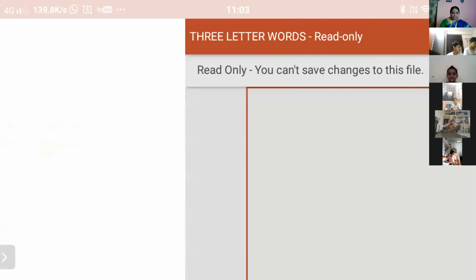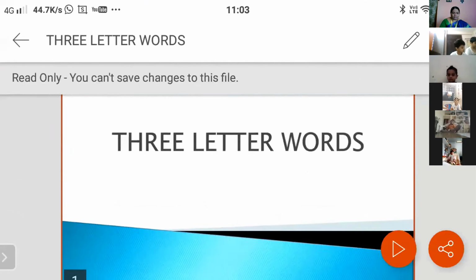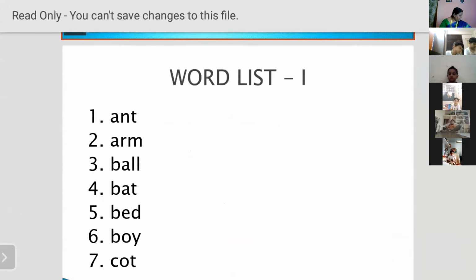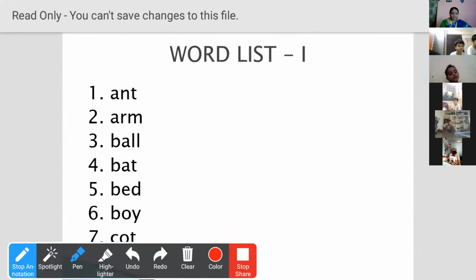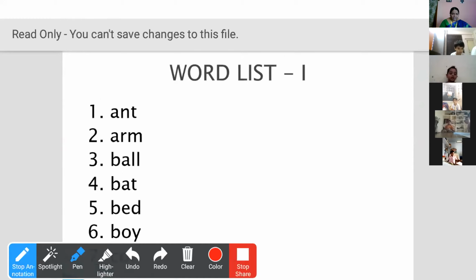Children, these 3-letter words we have already done from the literacy book, page number 8 to 16. Randomly, we will learn this once again. Ant. Bat. Boy.